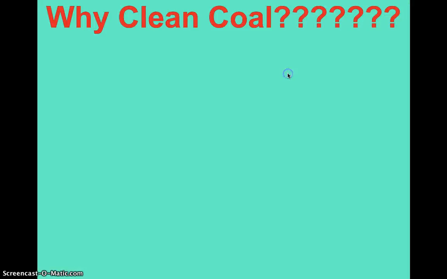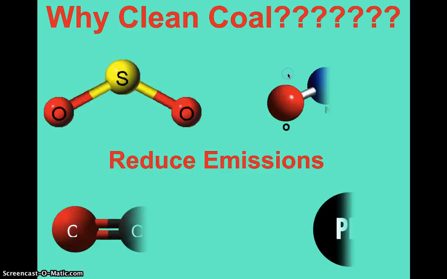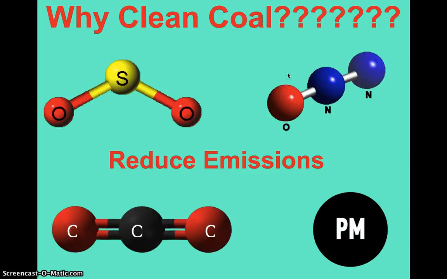So coal, because it's a solid fossil fuel that's mainly made up of organic compounds but has high levels of sulfur, has to be cleaned in order to remove a lot of these pollutants that are causing not just global warming, but acid rain and problems with our atmosphere. So it's done to reduce emissions during burning mainly, but also during mining and refining.